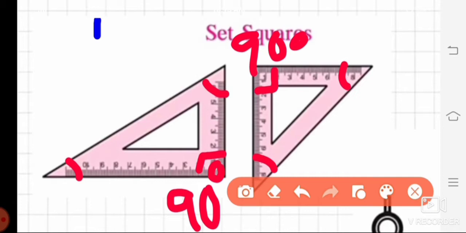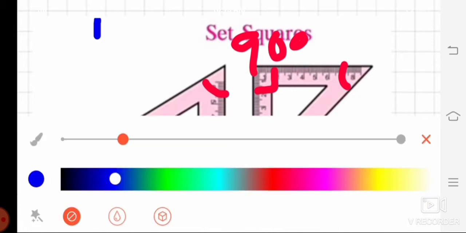Now this angle which I am doing blue now, can you see? Can you see a little bit small angle? And the measure of this angle is 30 degree. What is the measure of this angle? 30 degree. So if your teacher asks you to draw a 30 degree angle, you can use this point of the set square or this edge, and you can construct in this way?